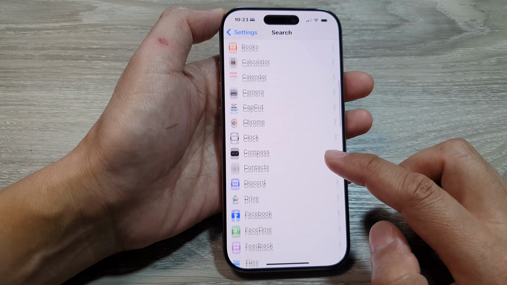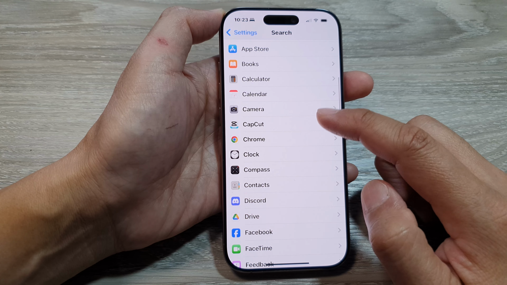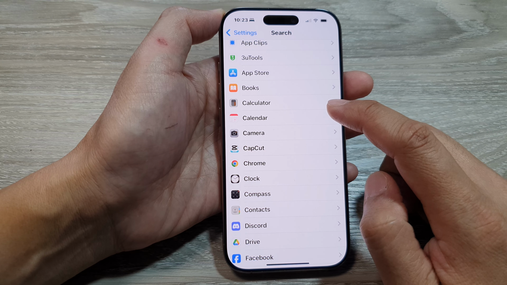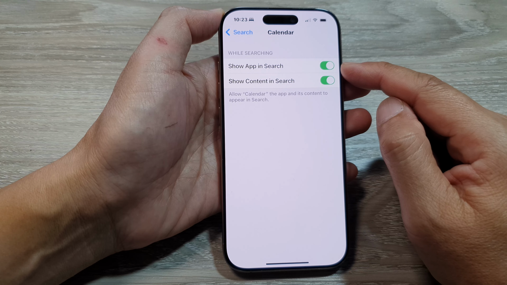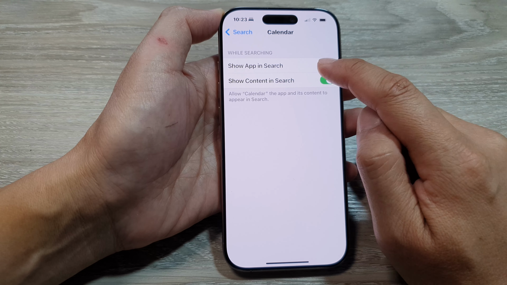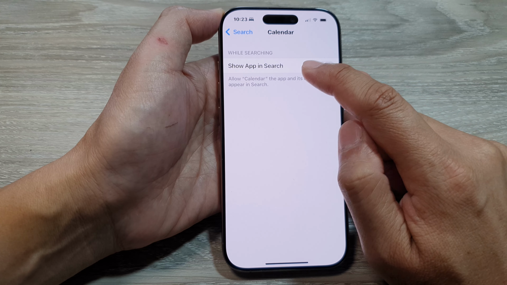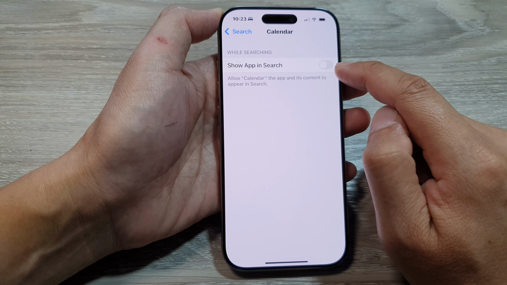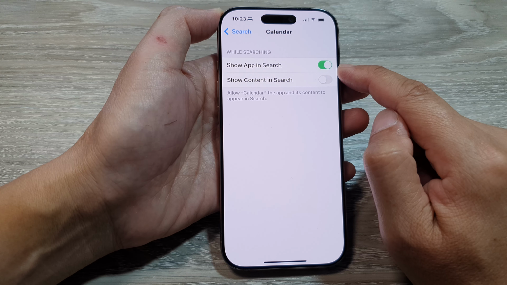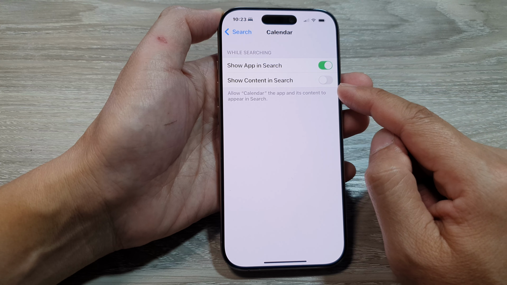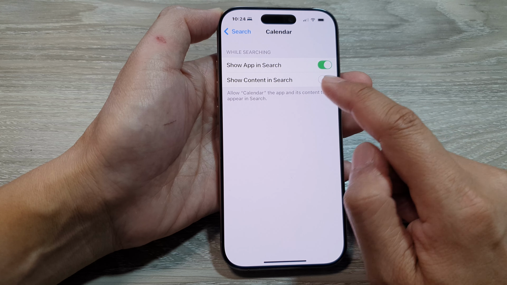Next, go down and tap on one of the apps that you want to make the change. So for example, Calendar. In here, you can choose whether to allow the app to be searchable. So tap on the Show App in Search toggle button to switch it off or turn it on. When you turn this on, you can also choose whether you want to allow or don't allow the content